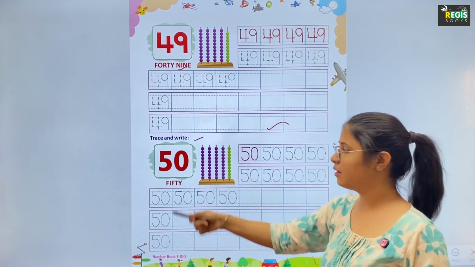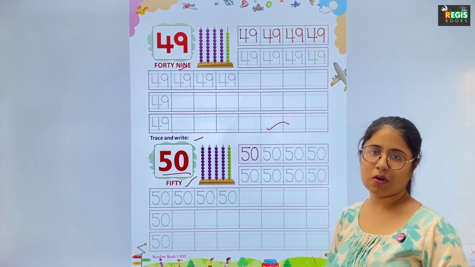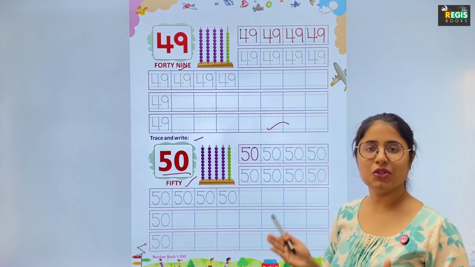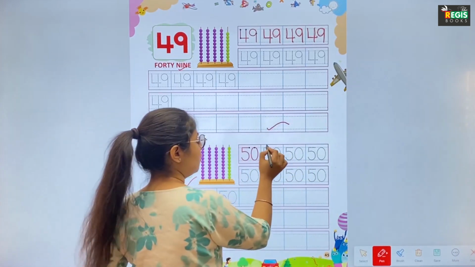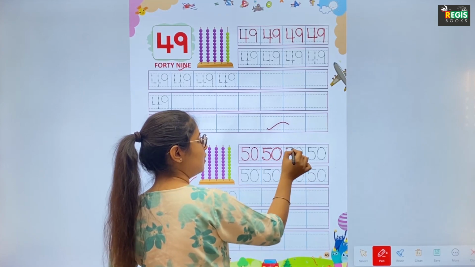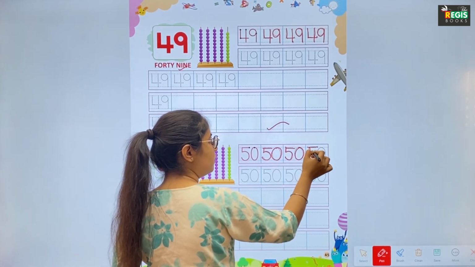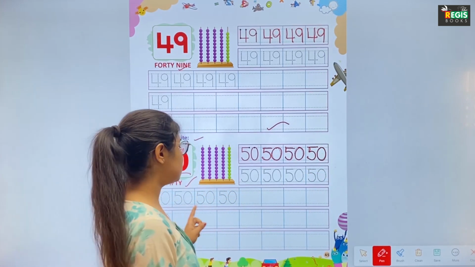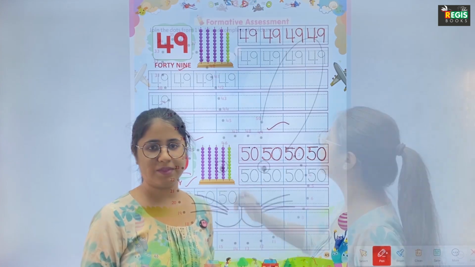Trace and write 5, 0, 50. These are total 50 balls. We write the number 50 by writing 5 and 0 together. Let's trace with me. Write 5, then 0 like a circle. 5, 0, 50. And similarly,